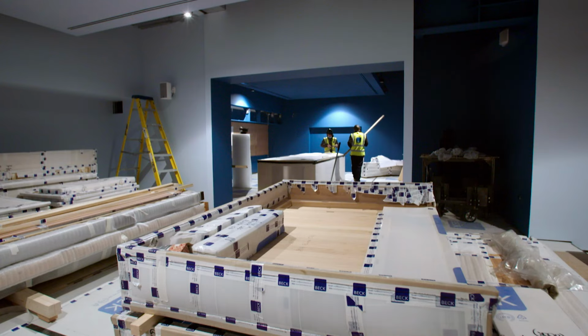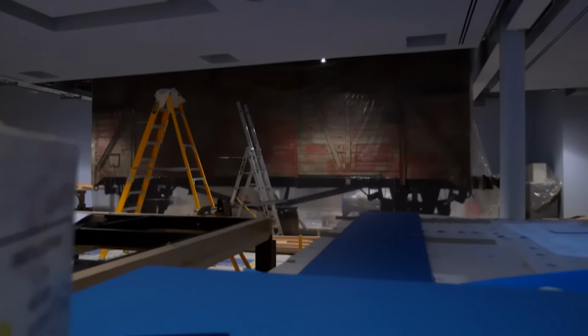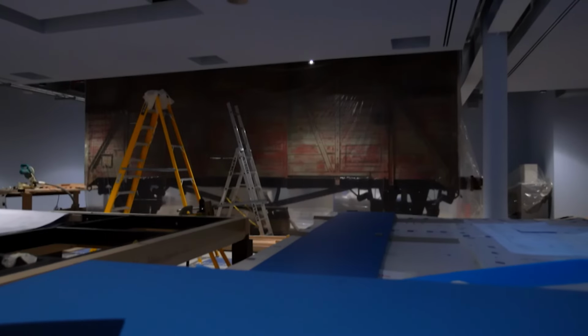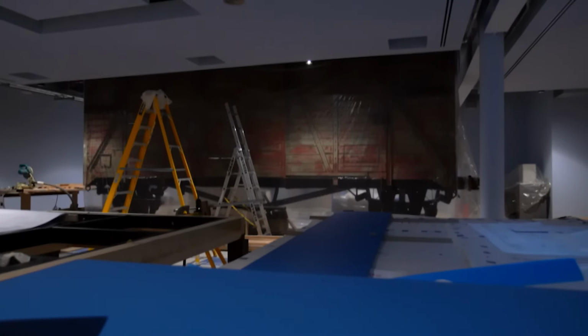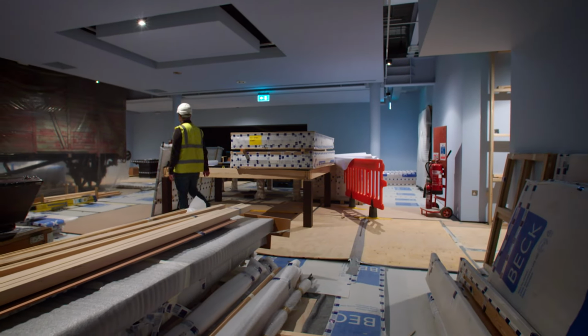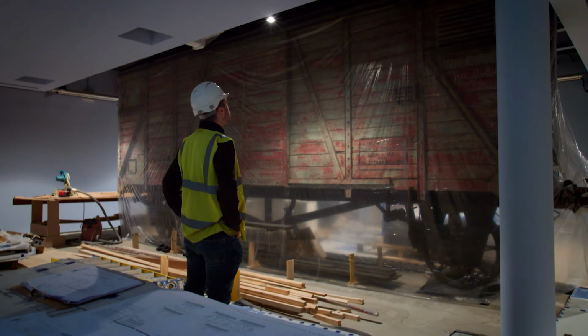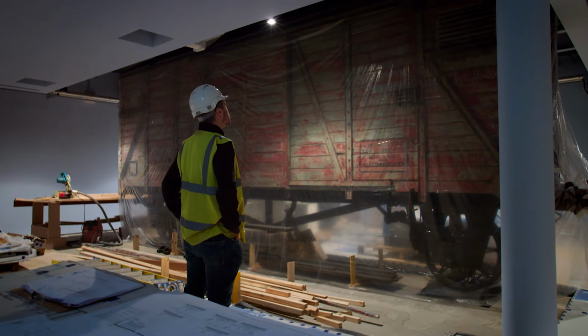The team has already begun installing objects, like this Belgian train carriage, the kind of which were used to transport Jewish prisoners to different camps across Germany, including concentration and death camps. While the carriage's size is sure to capture the visitor's attention, for James, the most important part is knowing the story behind it. When I see an object like this, it impacts me more, because I know that every account I read,